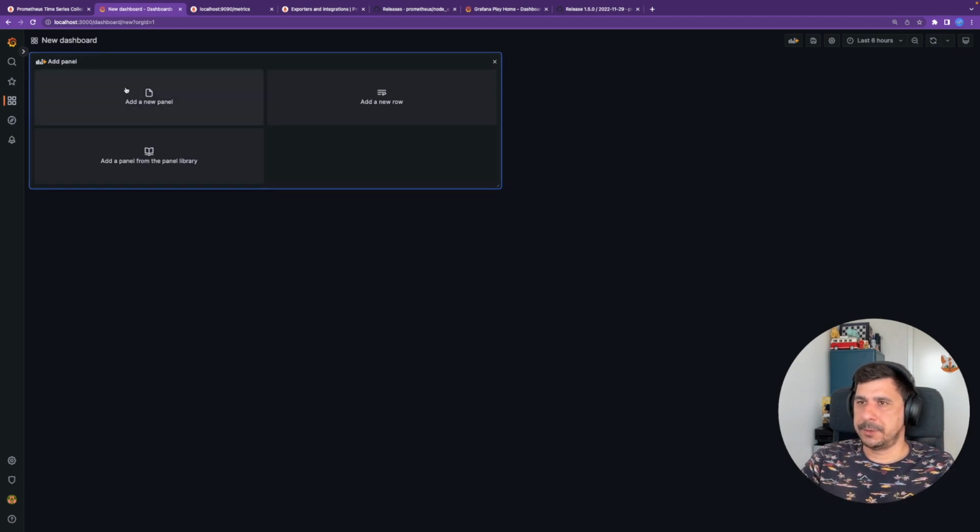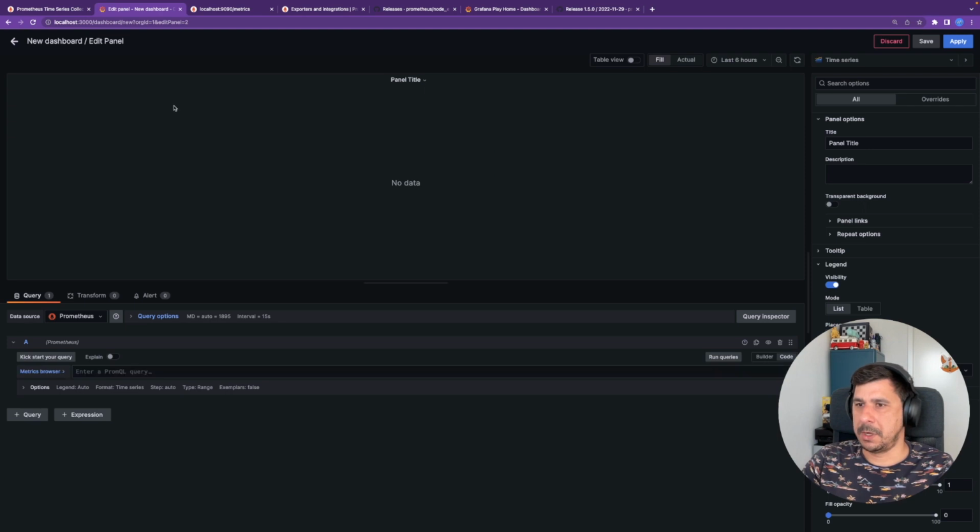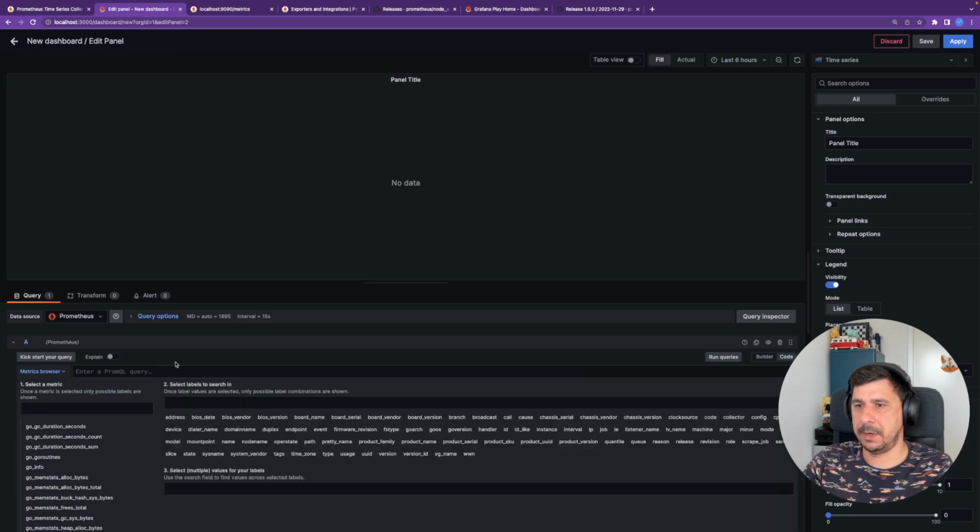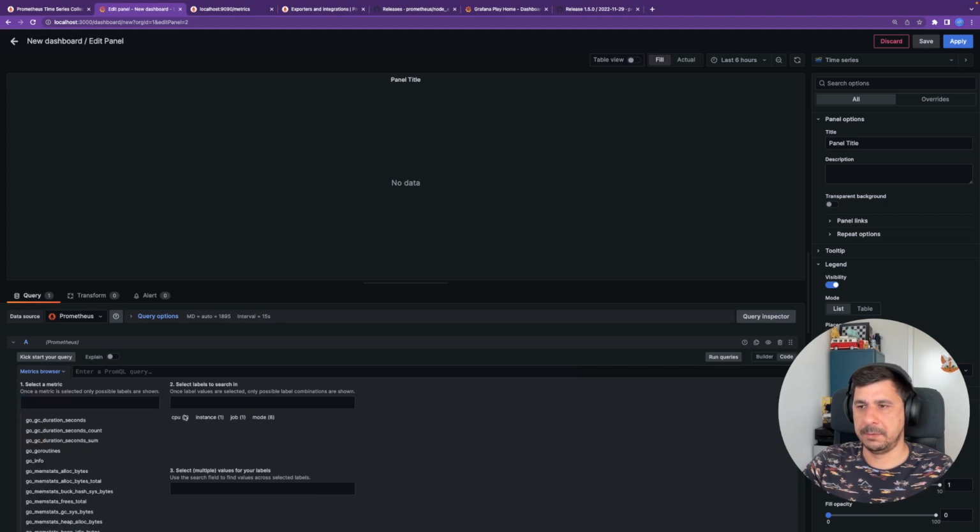So we start with the new dashboard, and we start with the new panel. This is the view from where we can start crafting our dashboard. Over here, we get a metrics browser in the same way we saw in Prometheus, and then we can just start doing search. Let's say I go for node CPU